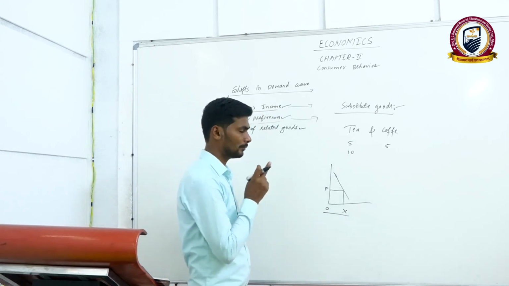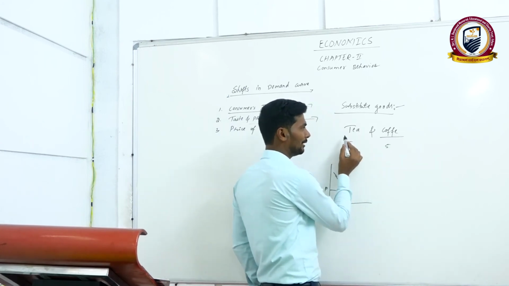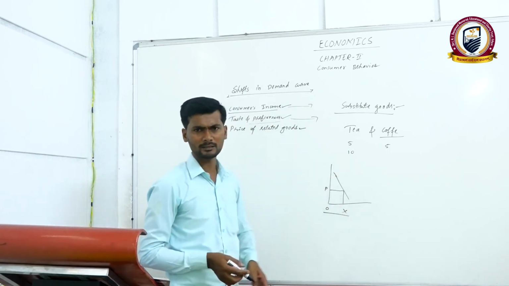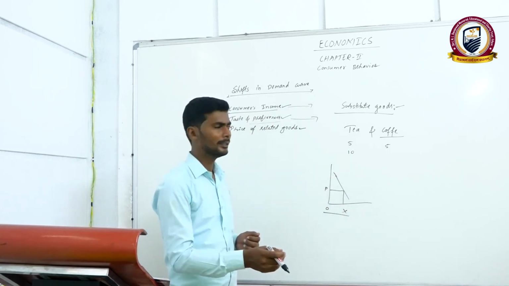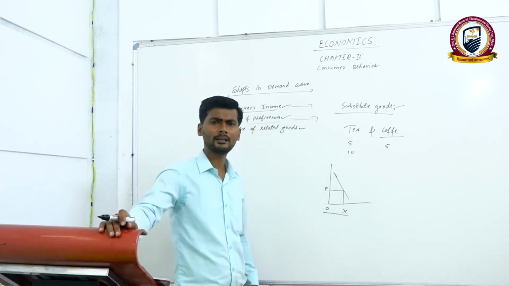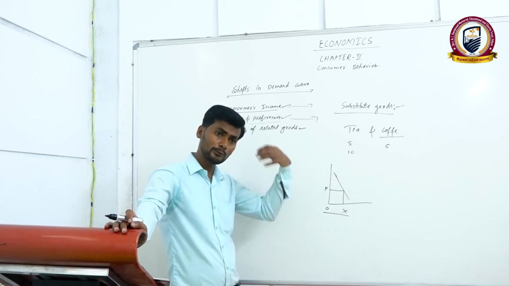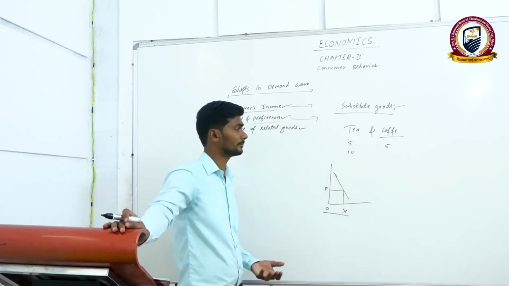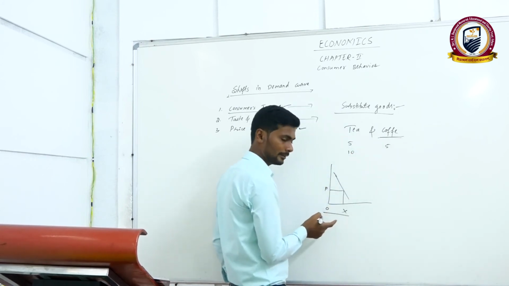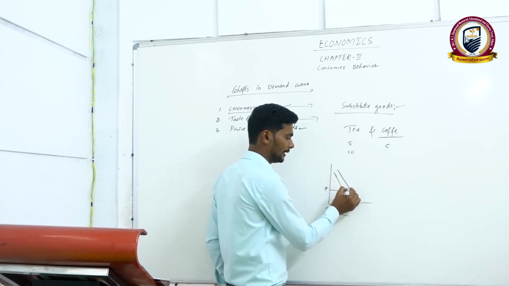That means now what happens? The demand for coffee will increase because people will shift to coffee. They don't want to have tea because the price of tea increased. They don't want to give more money. They can get the same quantity and quality of good with the price they used to give earlier. I mean they will shift to coffee, which means demand for coffee increases, which means the demand curve for coffee will